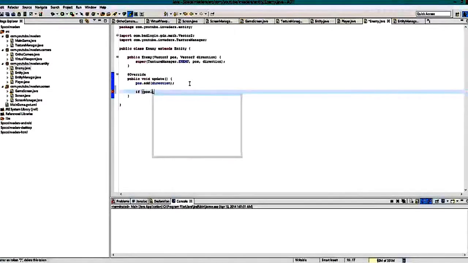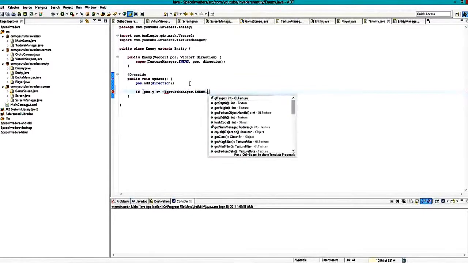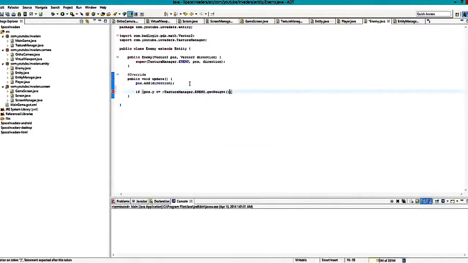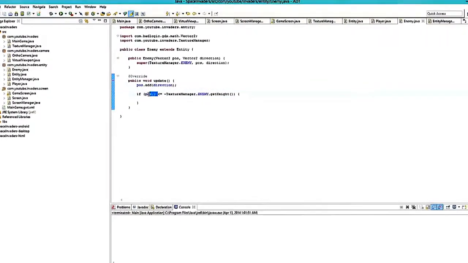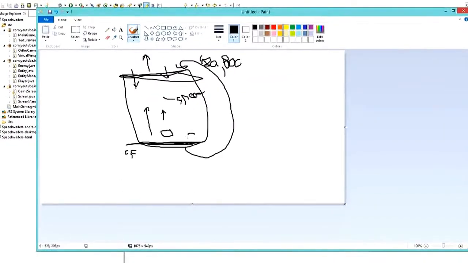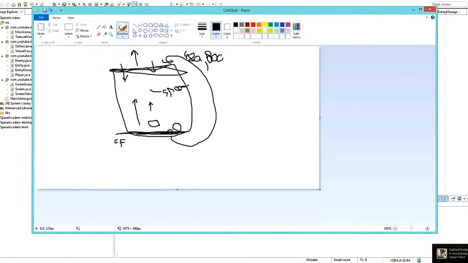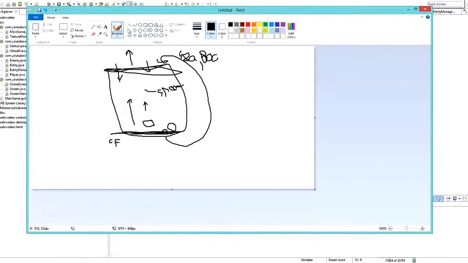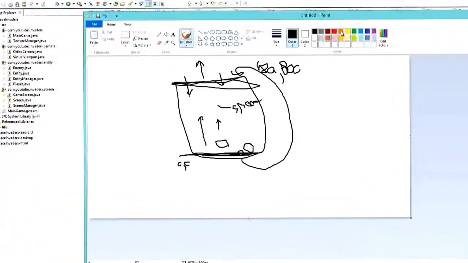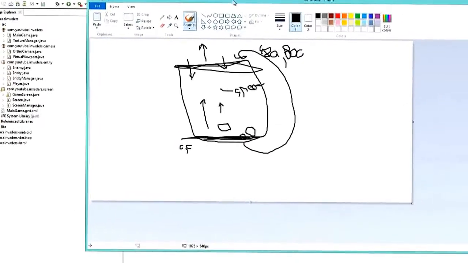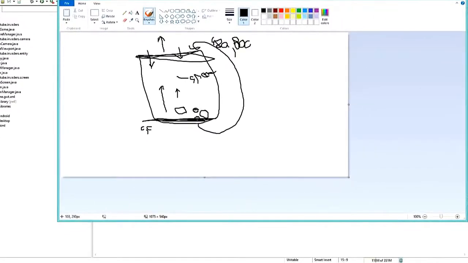So actually, we're going to do if pos.y is less than or equal to negative textureManager.enemy.getHeight, and we want to, okay, we'll get to that part in a second. Let me explain this. So we're pretty much saying if the y value of where the enemy is, so say the enemy is right here. Now say it's at 0, 0. Now if we were to move it back up to the top, you would see it just glitch back up to the top. So the reason that I said negative textureManager.enemy.getHeight is because that is going to be up here at the top. So it's going to be right up here. So once this point hits down here,